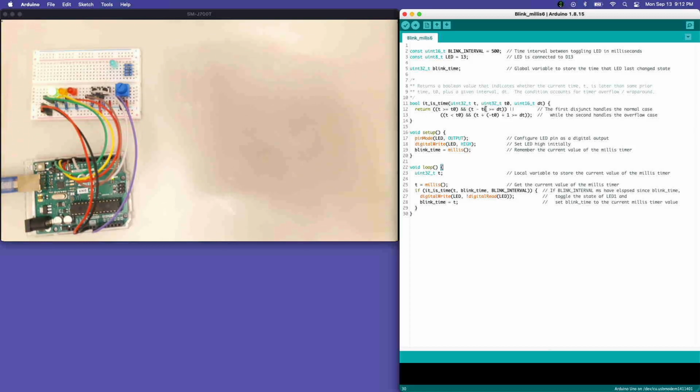So this first part handles the usual case where t exceeds t0, and we're testing t minus t0 is greater than or equal to the time interval dt. The second piece, which we're ORing together with this one, ensues when t is less than t0. And in that case, we're adding t to the complement of t0 and 1 and seeing if that sum exceeds dt. So you may be concerned that evaluating this whole expression takes a lot more time than the original one did. It turns out that that's not really the case, because